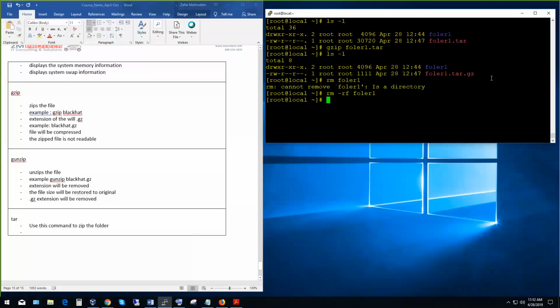Okay, so let's gunzip it. Gunzip the file. Let me do ls first. Okay, now I'm going to gunzip it. This file is going to be gone. It will be back to .tar. The .gz extension will be removed. Okay, so .tar